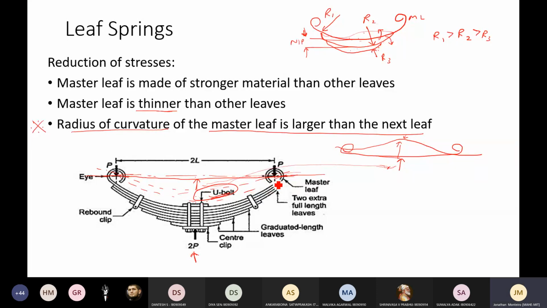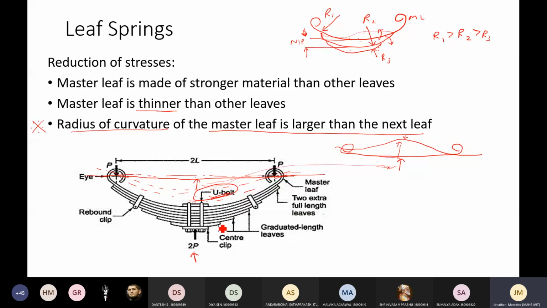And also it is very good from the point of view of manufacture also. Okay, so you simply bolt them together, tighten it, they will all stay in place, all equally stressed. What is the advantage of using equally stressed leaves? See, if you use everything of the same radius of curvature, then what will happen? Of course, all will take part in the suspension, but the load distribution will be different.